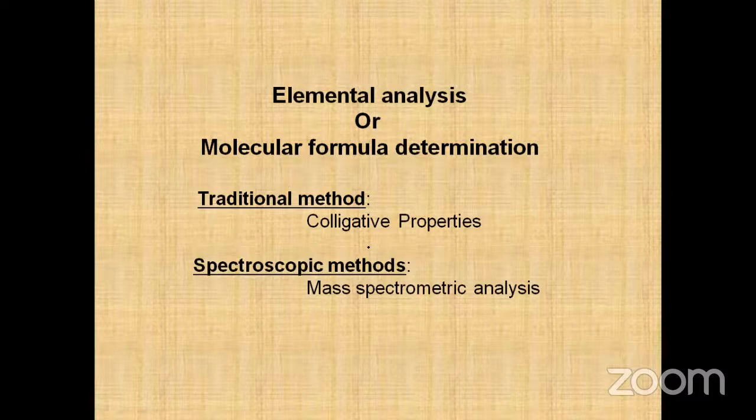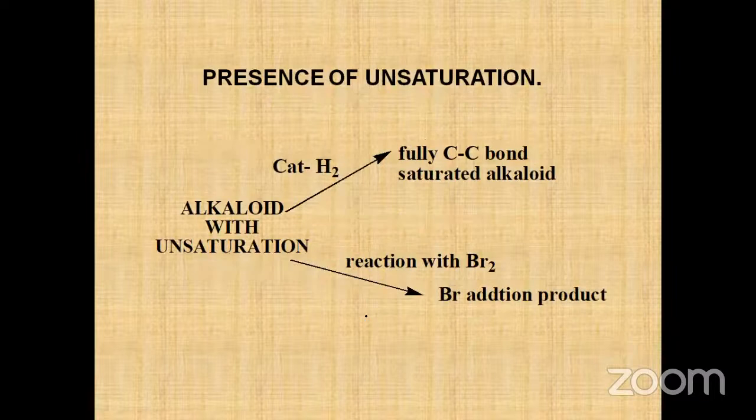Right. Next, high resolution mass spectroscopy, HRMS, is a very important and powerful method to determine the exact composition of the elements present in it. Next, presence of unsaturated bonds. Unsaturation means